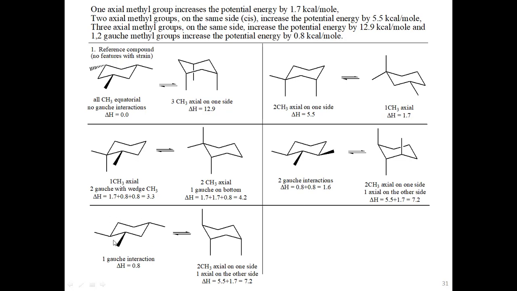Here I have everything equatorial again. That's good. This guy's far away, so it's not 1, 2. That costs us nothing. But I do have 1 gauche right here. That costs us 0.8. If I flip to the other conformation, I have an axial up, 1.7. Then I have 2 axials down. That's going to cost 5.5. Again, that would be 7.2. And so you figure out the delta. So you can see each situation here is a little bit different. It's not real hard to figure it out. And hopefully you'll be able to do that. Okay, so I think that